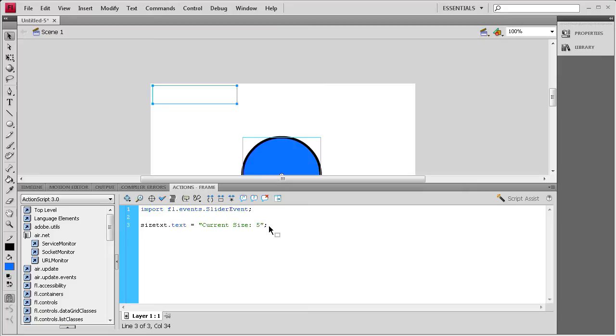For the next line, we're going to just hit enter, and then we're going to set the value to 5 so that those two match. So we're going to say slider.value = 5;